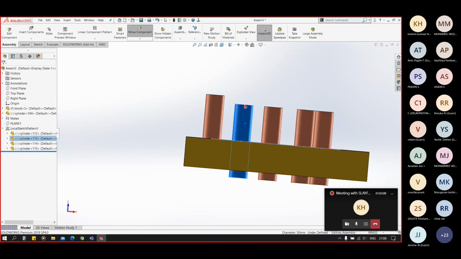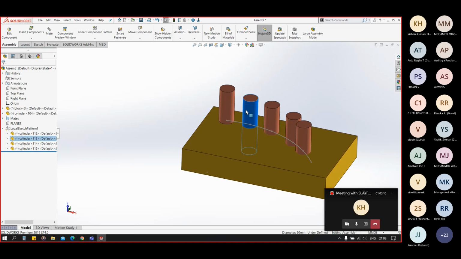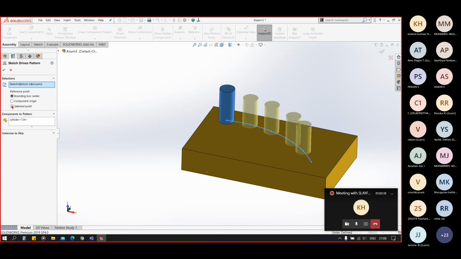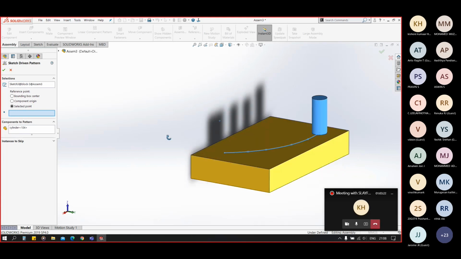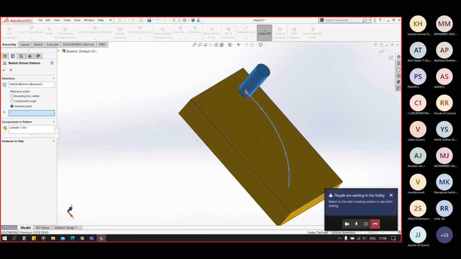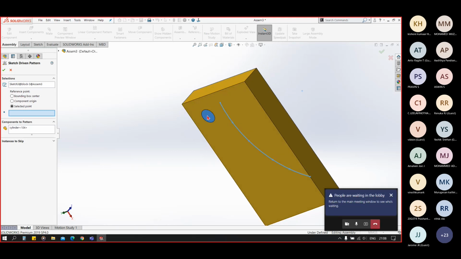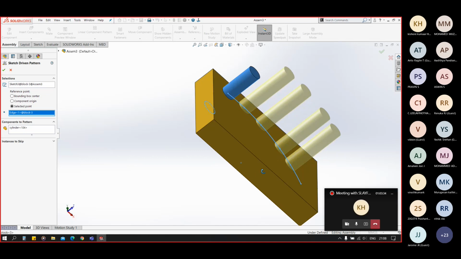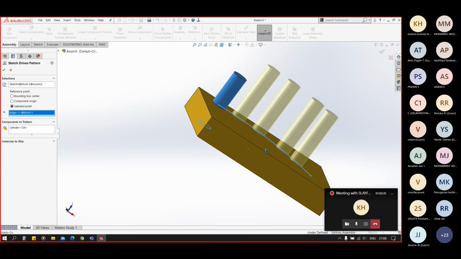It will create an imaginary bounding box along the cylinder, and the center will be located at this point. And the third case is the selected point. Now we have a choice here to select a point on the cylinder. Let's say I select this bottom point. You can see it will pattern using the bottom point.